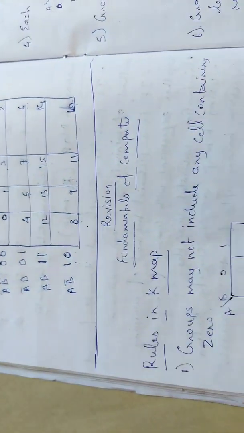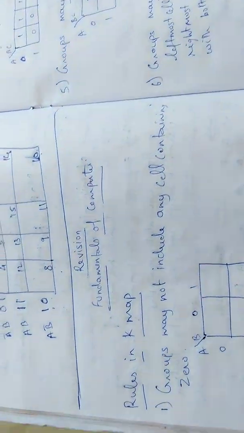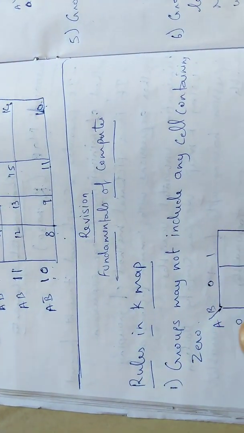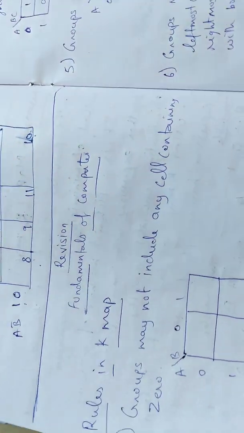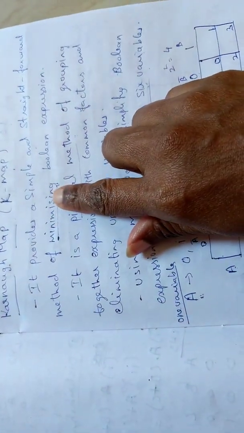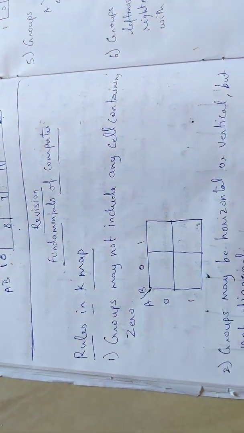Today we are going to see the rules inside the K-map. We have to follow certain rules. Six rules are there, that's it. Using the six rules only can we simplify the given expression. I said yesterday that the K-map is meant to minimize Boolean expressions, and to minimize them you should remember certain rules. They are very simple rules, so one by one we'll see.